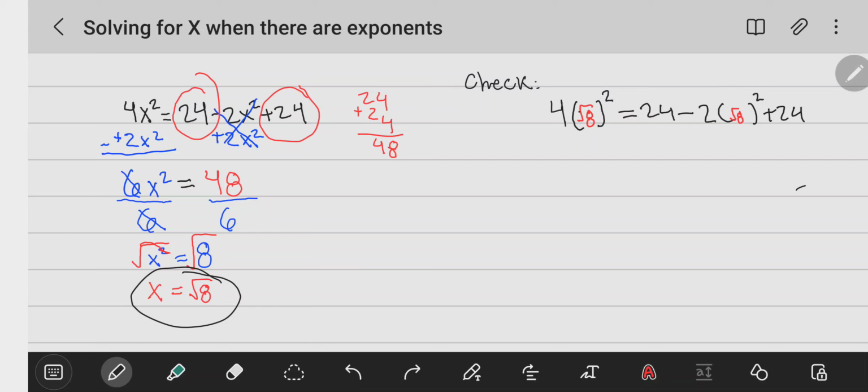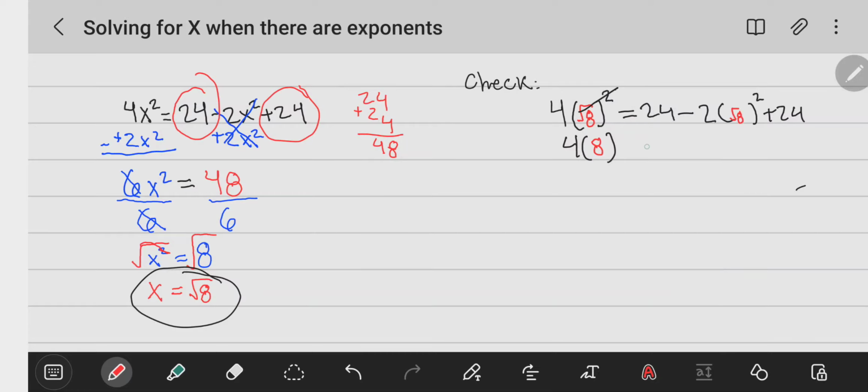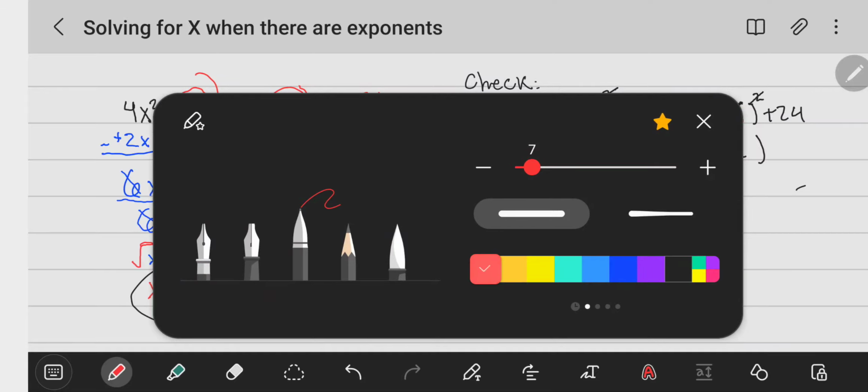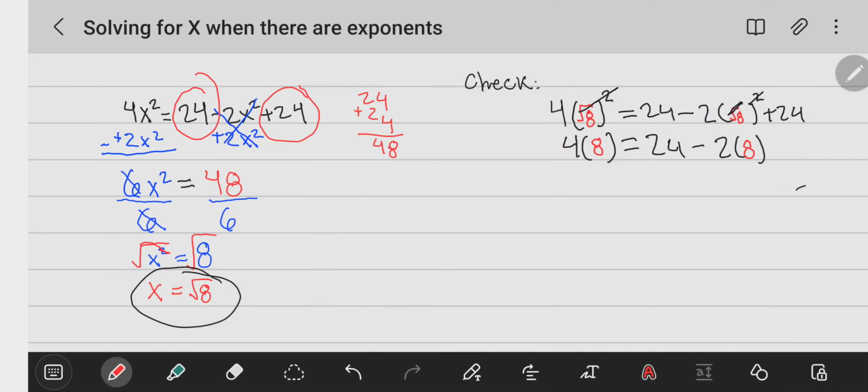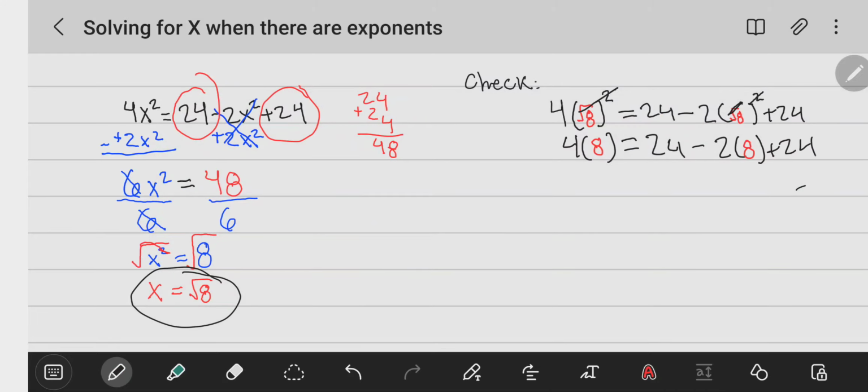cancel out. So these cancel out, and now we just have 4 times 8 over here. And then we have equals 24 minus, and then again, it cancels out right here, the exponent and the radical. So then we have 2 times, and now it's just, again, plain old 8. And then we add 24, or bring down the 24. Okay. Now 4 times 8 would be 32 equals, and now we have 24 minus 2 times 8, which is